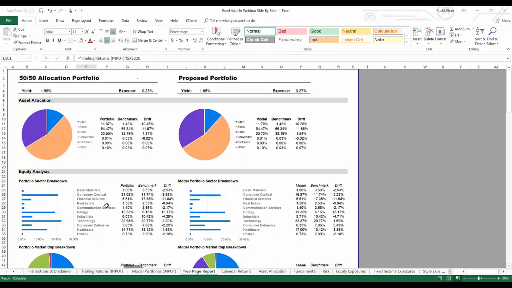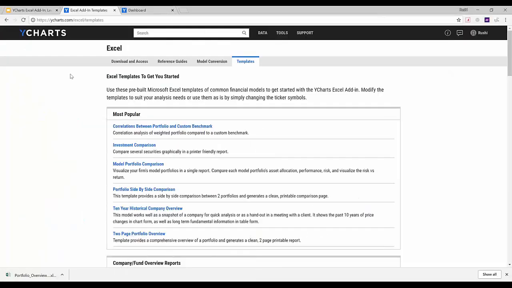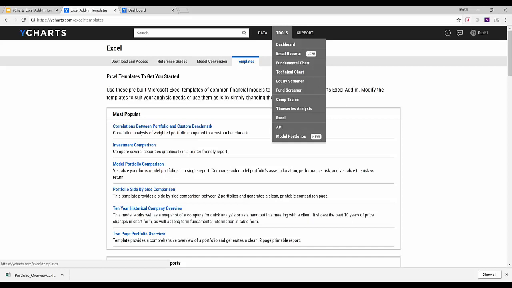Now, Excel is great. You can do a lot of things. You can make a lot of changes. What I want to jump into next, which is our final portion of this webinar, and that's really showing you what we're coming out with next. And it's called Model Portfolios. So I've already created one, and you'll see this rolling out in the next month or so to all of our